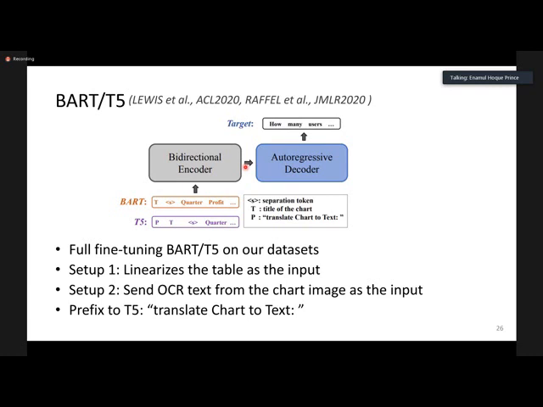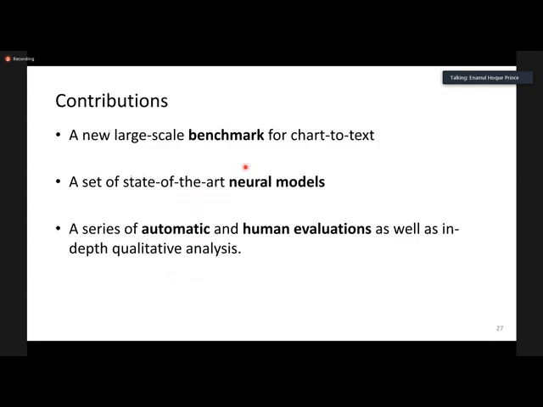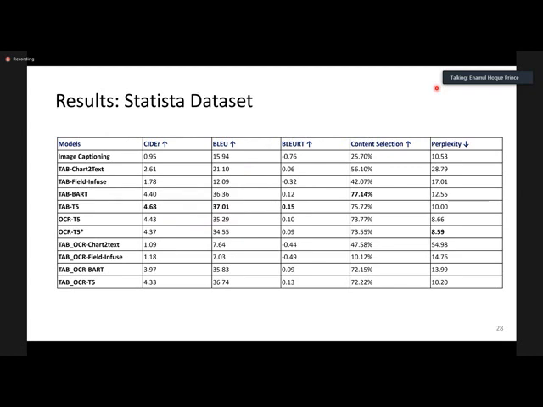These are some of the automatic metrics that try to measure performance. For example, BLEU and BLEURT are commonly used for various language translation tasks and also summarization tasks. Another score is Slider, which gives you a sense of how fluent the text generation is. And then content selection measures how many of the table cells mentioned in the gold summary are also mentioned in the generated one.